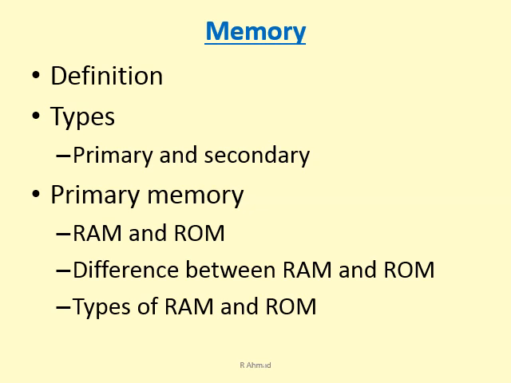Coming back to memory, we talked about primary and secondary memory. Secondary memory we will also cover under the storage device heading. So let's concentrate on the primary memory, that means the memory inside the computer system, and it is of two types: random access memory and read-only memory. Let us first talk about read-only memory. When I say read-only memory, that means data can only be read. We cannot write anything onto it.